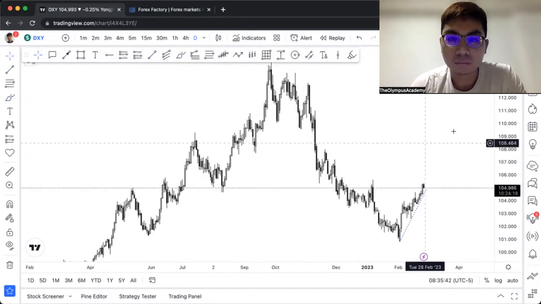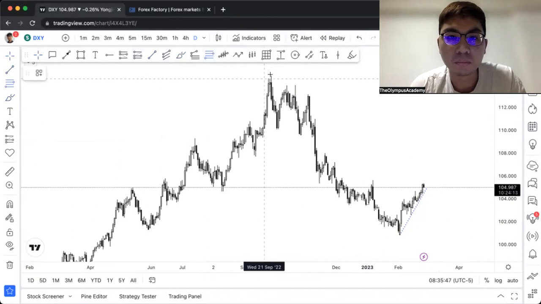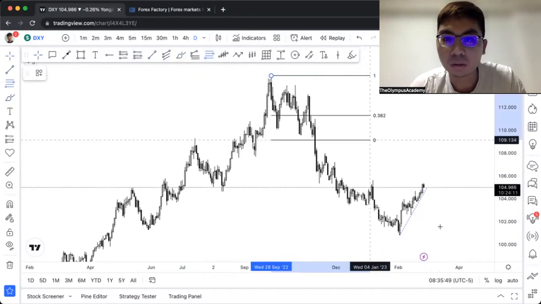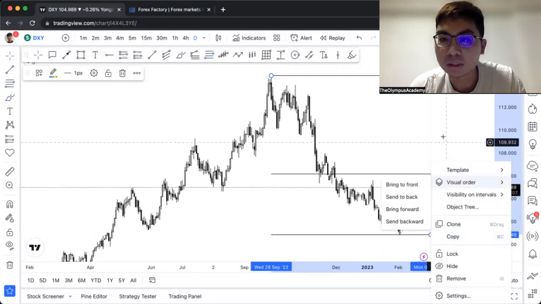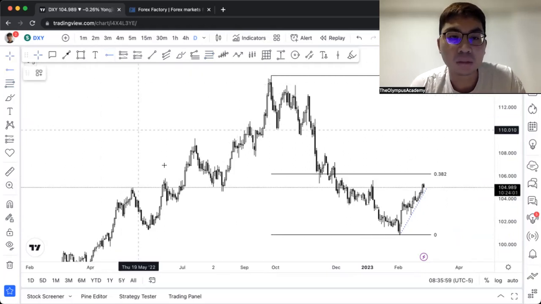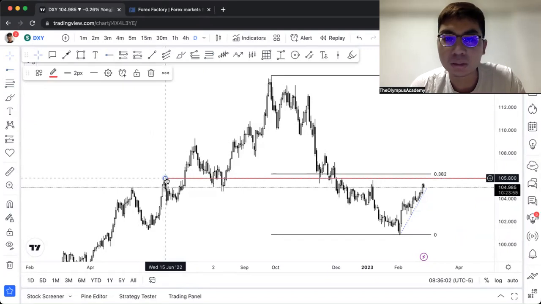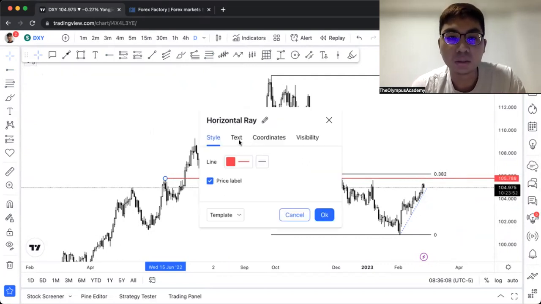Next, let me draw a Fibonacci line from the top to the bottom. Going from top all the way towards the bottom. Actually notice that price is coming towards the 38.2% Fibonacci line. If you draw a line across, it's quite a nice best fit line, should I say. So this is the overlap